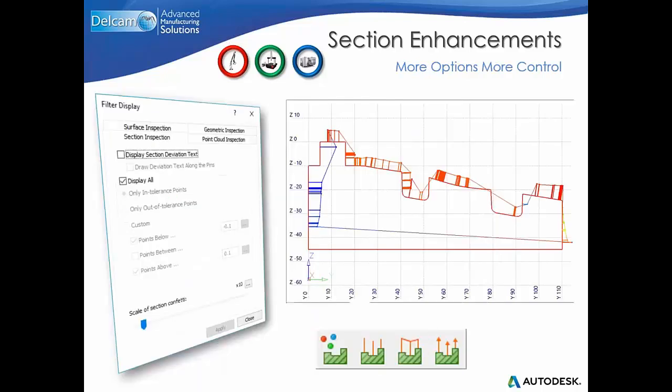We also improved the section visualization in the Section tab, so we can now choose to show deviations as vector lines, which show the angles that the surface was probed at. There is also new